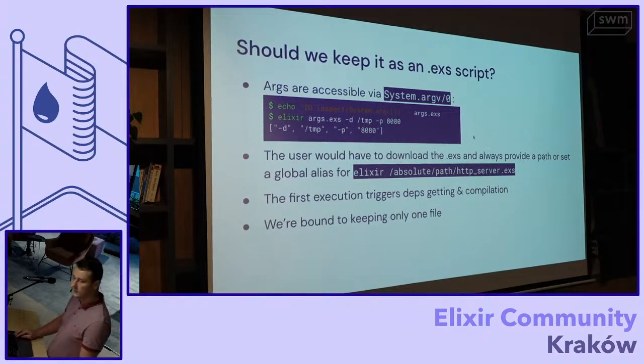The first one is with reusing that for other people. The users would have to download that file, and putting it in one place would mean that anywhere they go, they would have to call Elixir and then the whole path to the file, unless they somehow work around it. It would be nice to provide something like that out of the box. That's the bare minimum you expect from a proper tool.